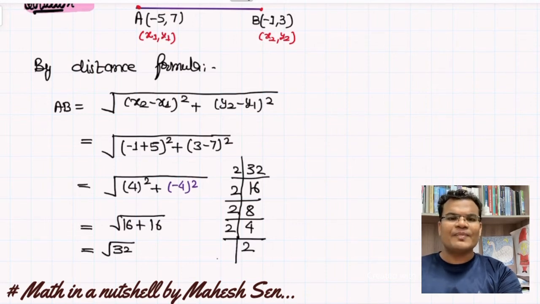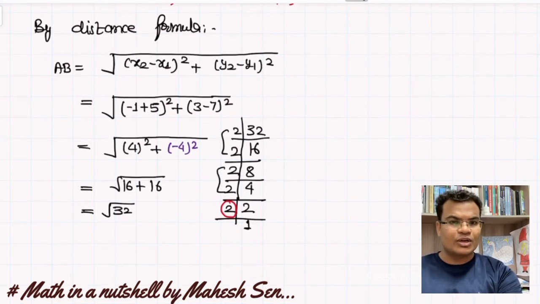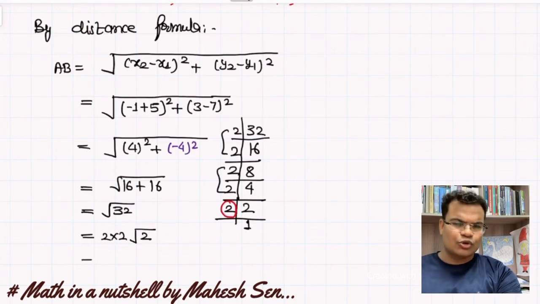So there are 5 factors here. You can say the 5 prime factors of the 32, and we'll take the 2 pairs, and 2 will be 1, 2 will be here single. So we can do here 2 to the 4, 4, and root 2 will be in this under root 2.